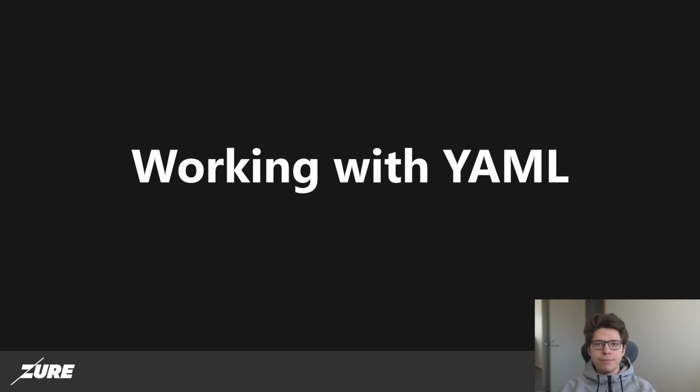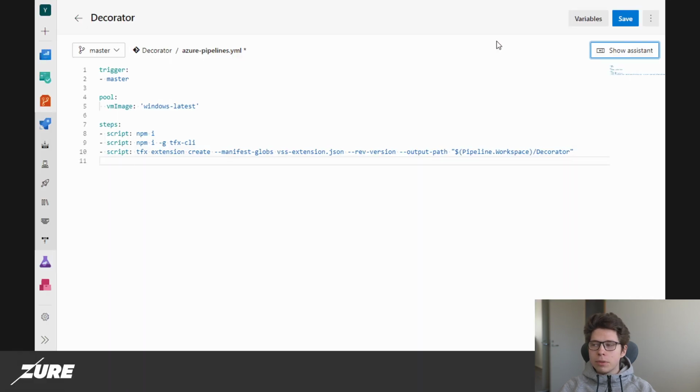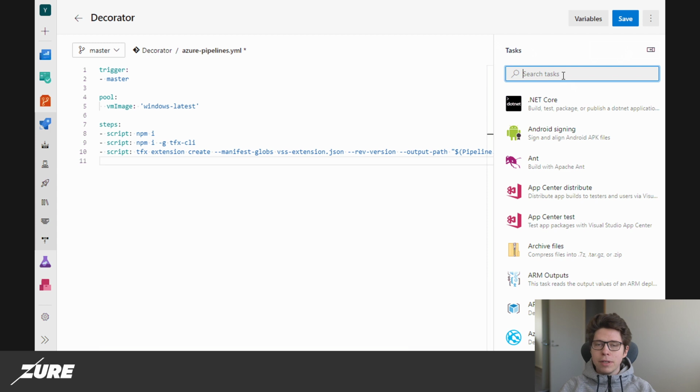I have found it to be the best way to start by using the Azure DevOps portal. So let's take a look at that first. The good thing with the portal here is that on the top right corner, you have the Show Assistant button. So if you have been working with Azure DevOps earlier with the classical pipelines, you can use the same tool there. So you can just write in whatever you want,